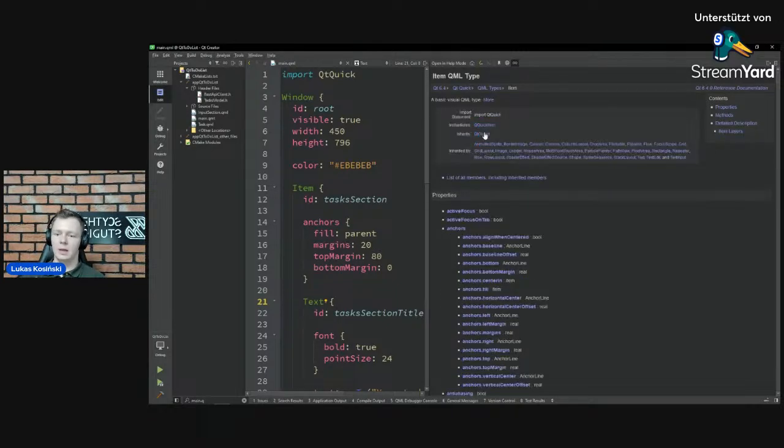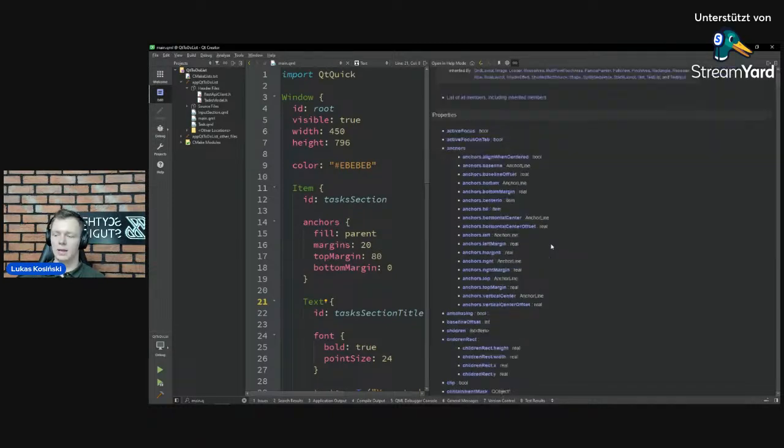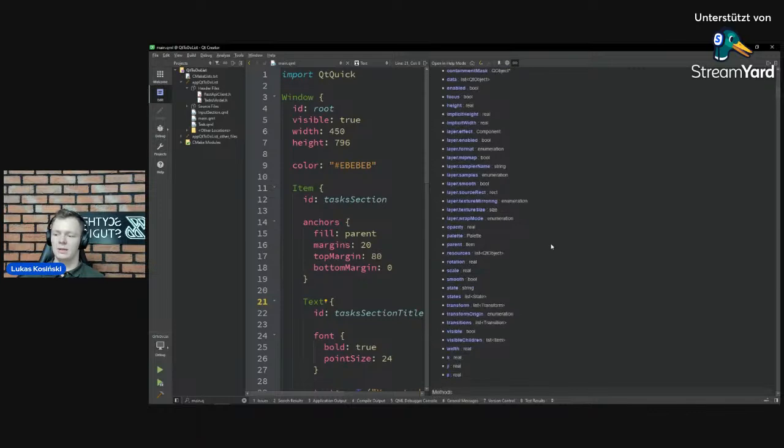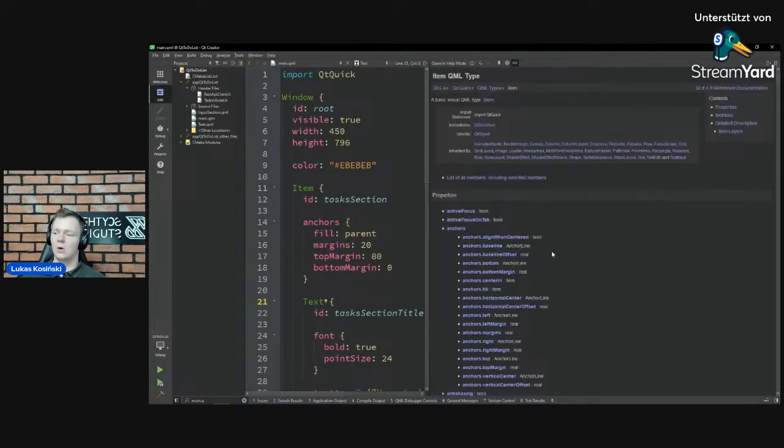They can be 50 pixels wide and 20 pixels high. They may be positioned in a particular place. They may have some opacity. They may be rotated. They may be scaled. Those are the things that are common for all visual items, and that's why visual items in Qt Quick are based on the Item type.